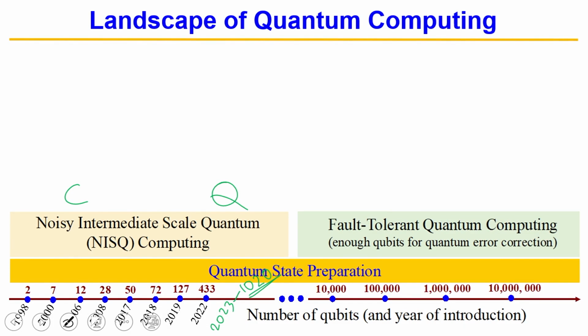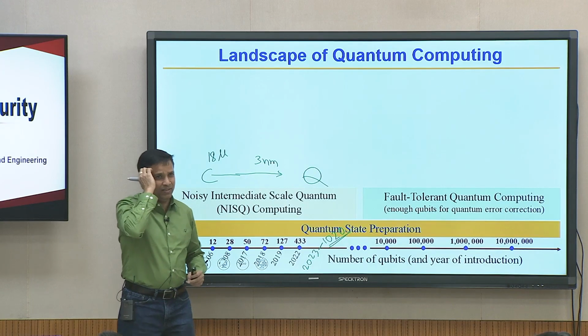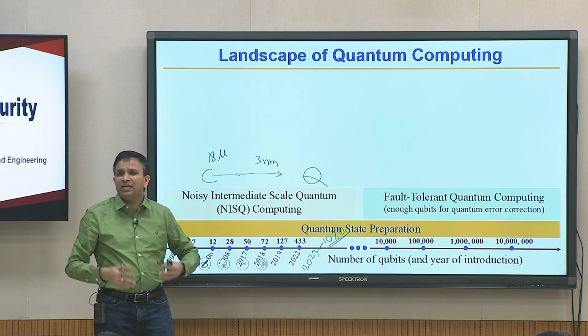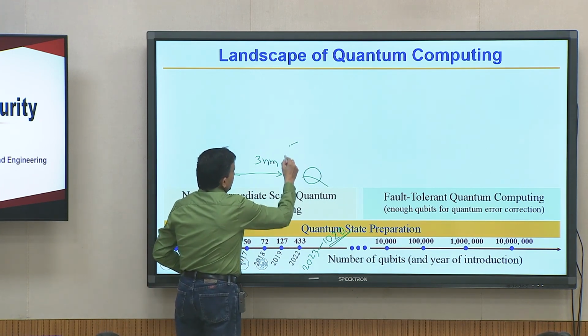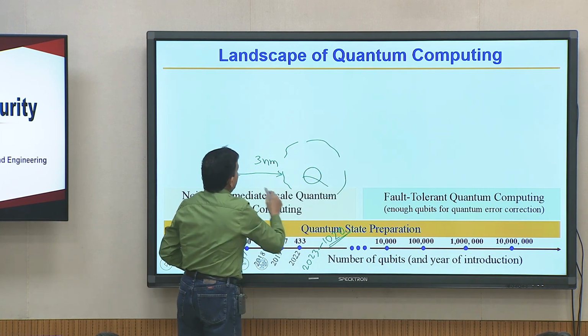But the problem with classical and quantum is an age-old puzzle. Even in the classical domain, the day I was doing my PhD, it was 18 micron technology. Now we are talking about 3 nanometer technology. It is already seeing the phenomena of quantum dynamics. They are already facing some of this noise and unreliability, but very soon it is going to get into the realm of quantum.